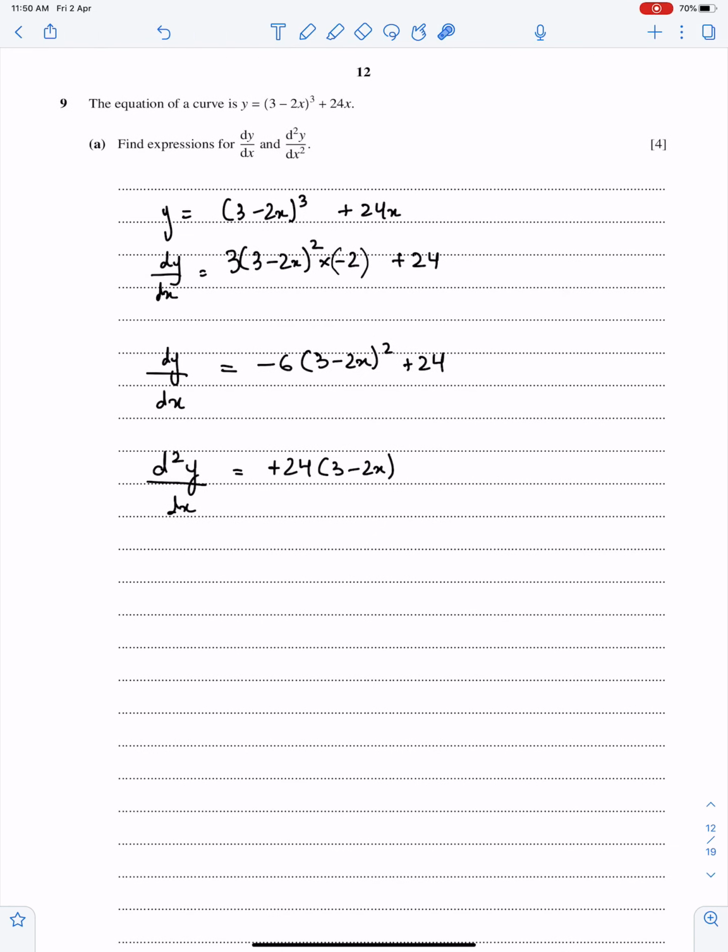This question is very simple. We need dy upon dx and the second derivative. For the first derivative, this is the composite function and this is the simple function. Make this power the coefficient, subtract 1 from it, and take the differential of the bracket, which is minus 2. And the differential of 24x is 24. The simplified form of this is here, minus 6 bracket plus 24. When you further differentiate this, you will get minus 12